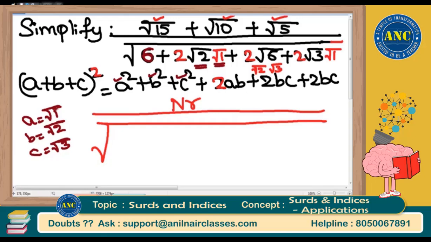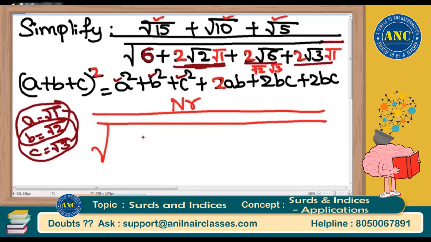2AB, 2 into root 1 into root 2. Yes, that is what I have here also. 2BC, 2 into root 2 into root 3, yes, that is nothing but 2 root 6. 2CA, 2 into root 3 into root 1, that is nothing but my last term. If I further simplify,